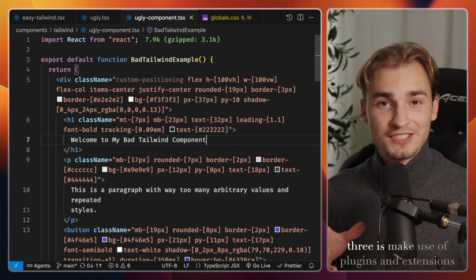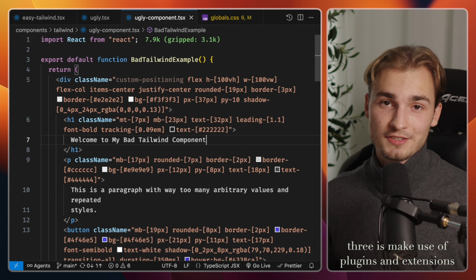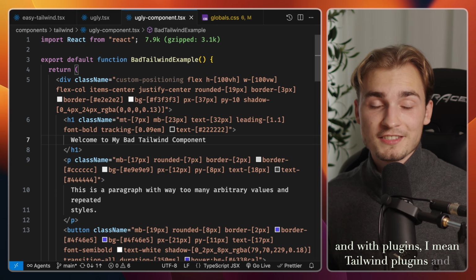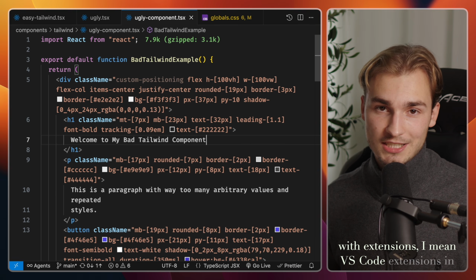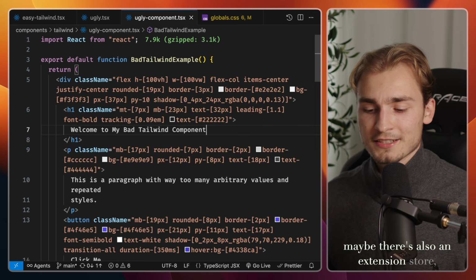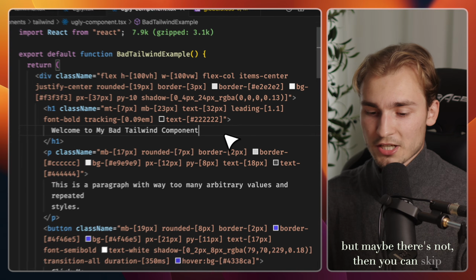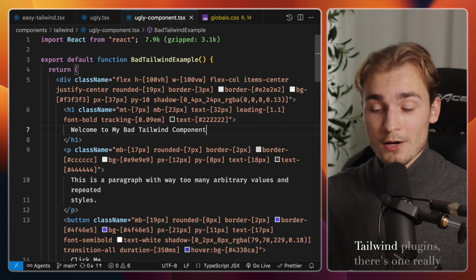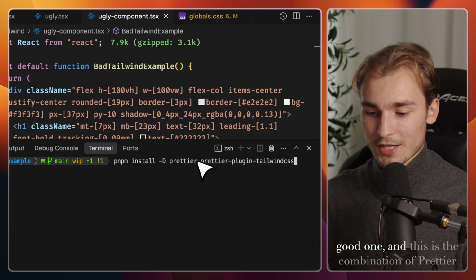So tip number 3 is make use of plugins and extensions. And with plugins, I mean Tailwind plugins, and with extensions, I mean VS Code extensions in this case. So if you have a different editor, maybe there's also an extension store, but maybe there's not, then you can skip this point. So when it comes to Tailwind plugins, there's one really good one, and this is the combination